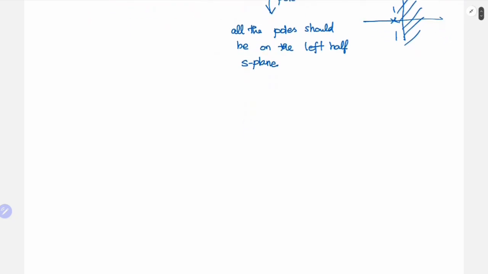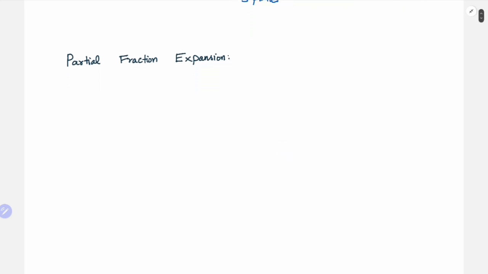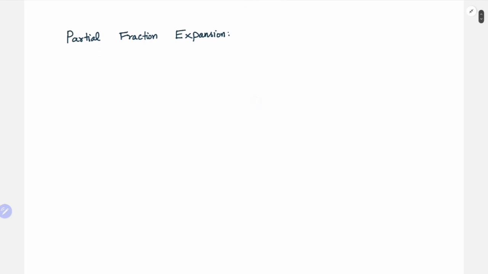Now let us move on to the partial fraction expansion. This is very useful in finding the inverse Laplace transform of rational Laplace transforms, which we'll be using in most of the places. So we'll be using rational Laplace transforms,